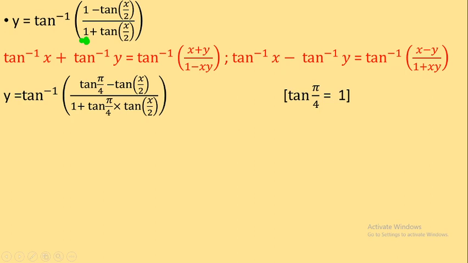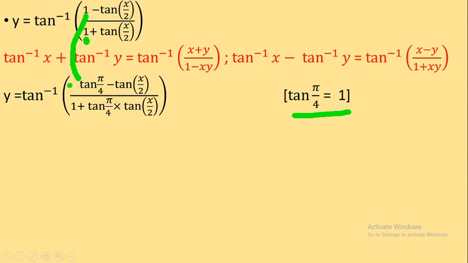The second thing is the 1 in the numerator, you have to change it to pi by 4. I have changed it over here. And this is not going out of math, right? Because we all know that tan pi by 4 is equal to 1, and so I have used tan pi by 4 here. And why I have only used tan pi by 4? Because we'll understand it further.